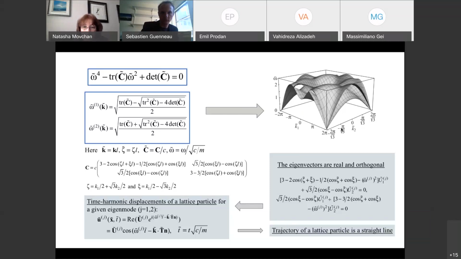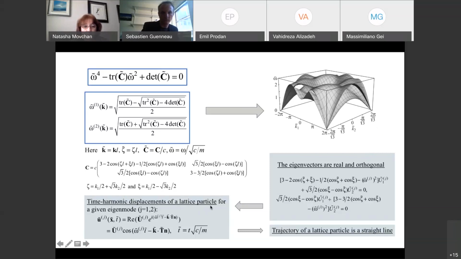frequencies. Now, if we want to find the eigenvectors corresponding to the given eigenvalues, we need to solve a system to find the components of these eigenvectors. We find that these eigenvectors are real and they are orthogonal. So the two eigenvectors on two different surfaces are orthogonal. Now, what this means is that if we try to write down the expression for the time harmonic displacement of a